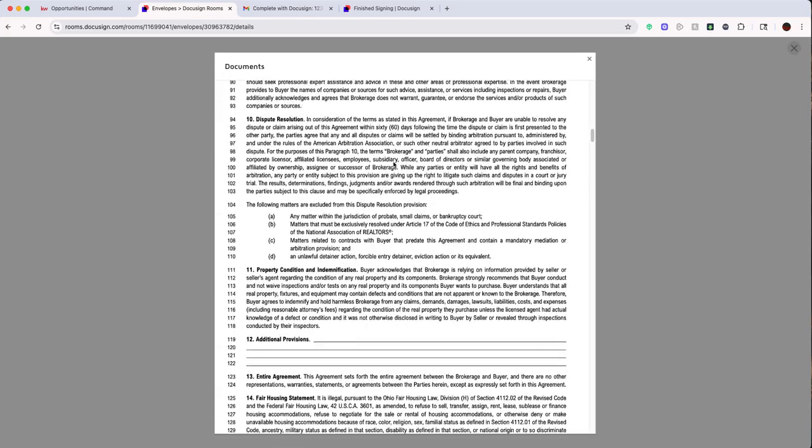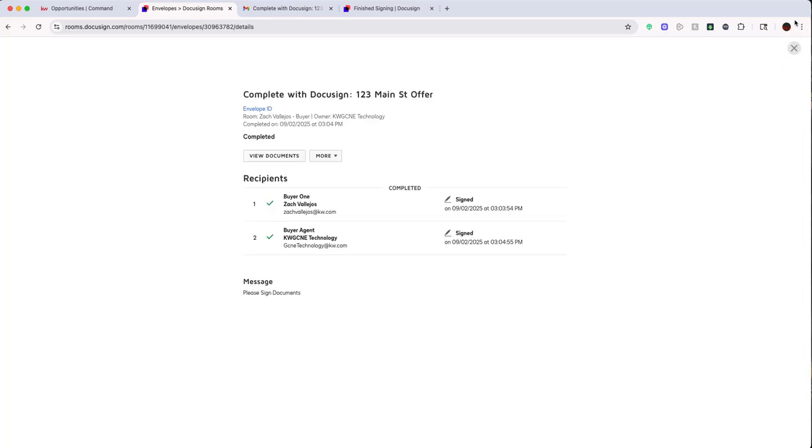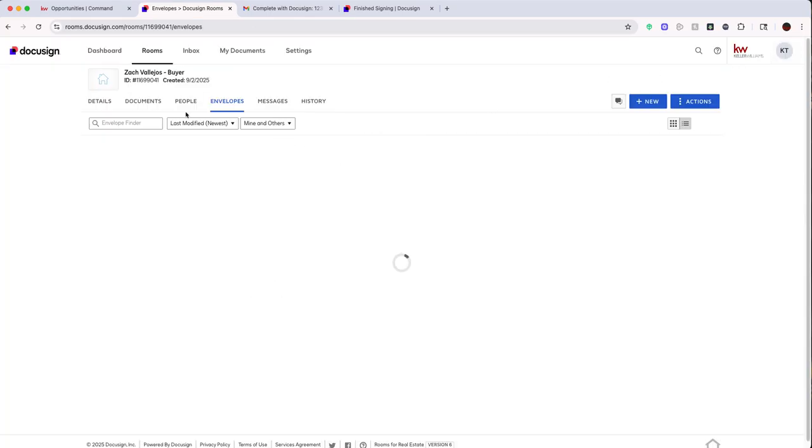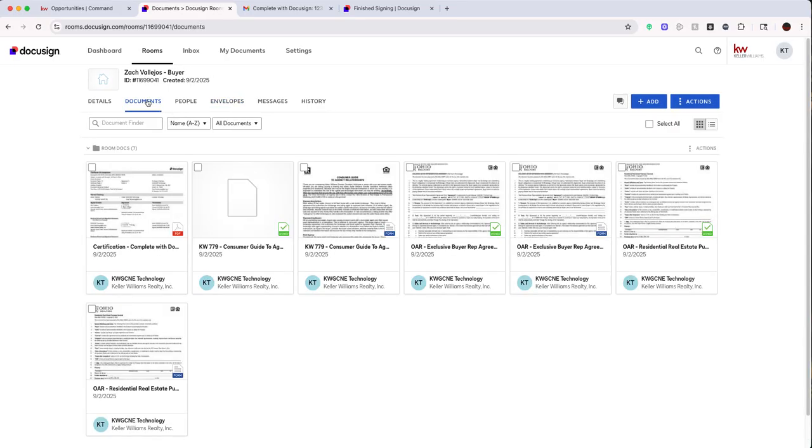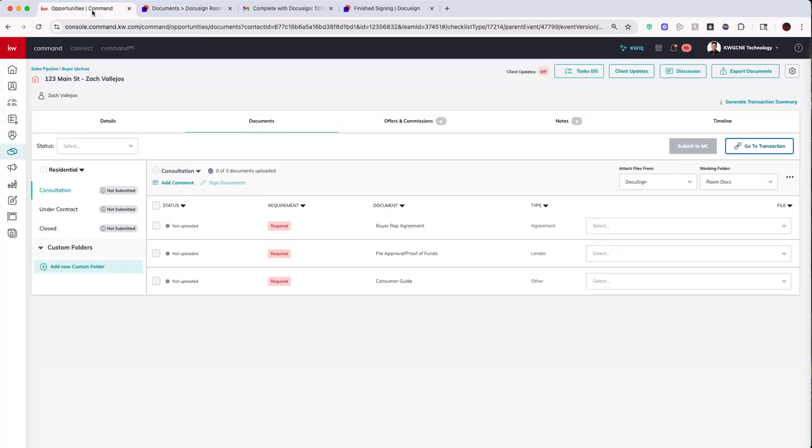You can see all of these documents that were signed. And then it's going to give you a certificate, and it's going to show you all of these signed documents here. And since those are signed documents and they're fully completed, now we can go to our opportunities, back to our documents section,